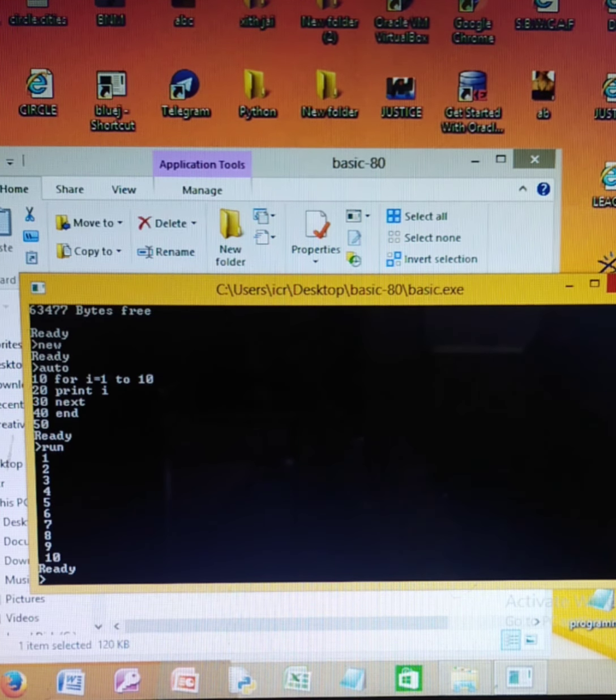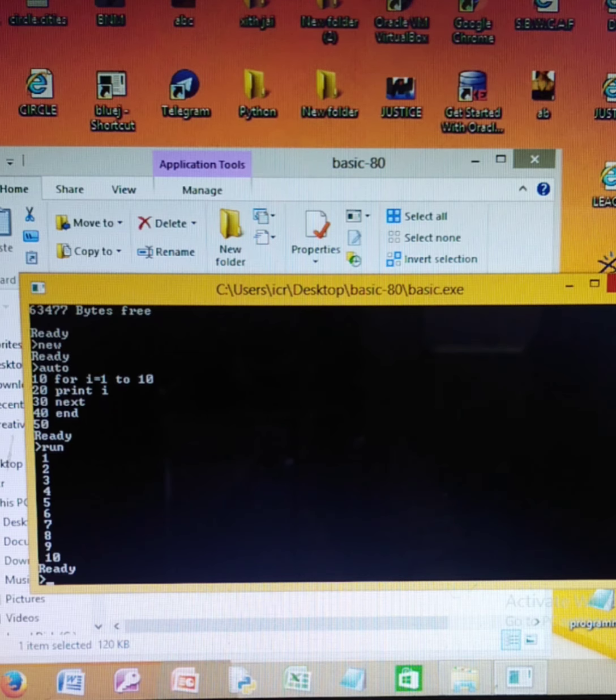That means the next statement is very, very important. If you skip next, it will not go back to the for loop, and the for loop will never increment its value little by little. So it is very necessary that every for should be followed by a next statement, right? So what did I tell you? 10 for I is equal to 1 to 10 means you want to print the first 10 natural numbers.